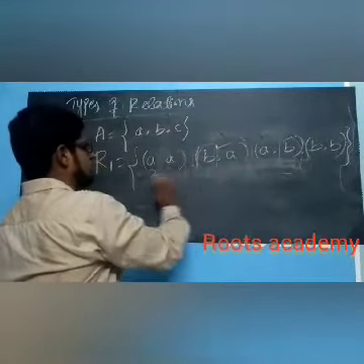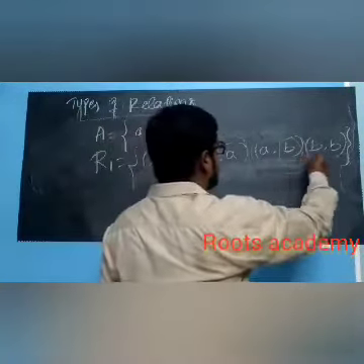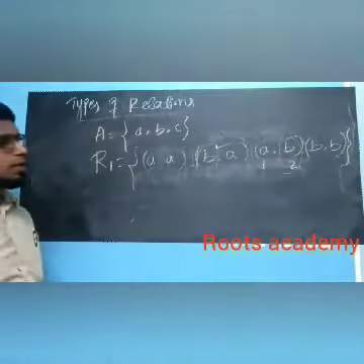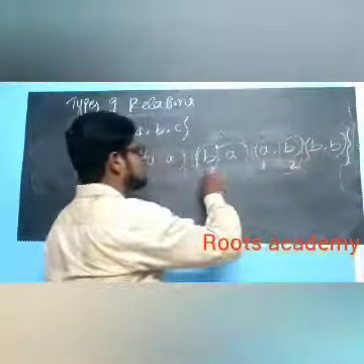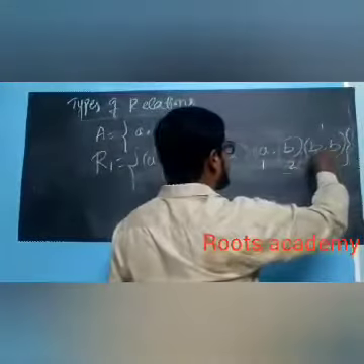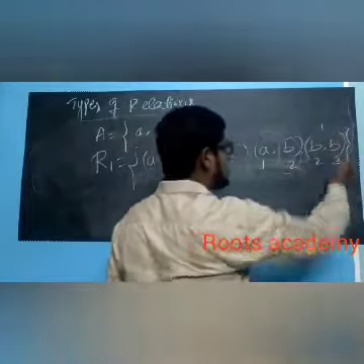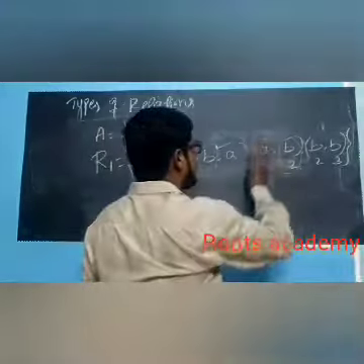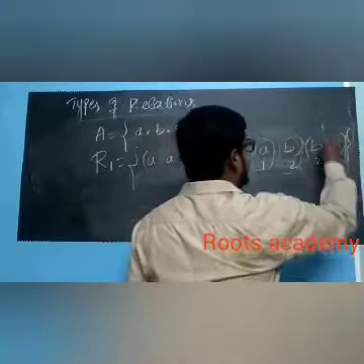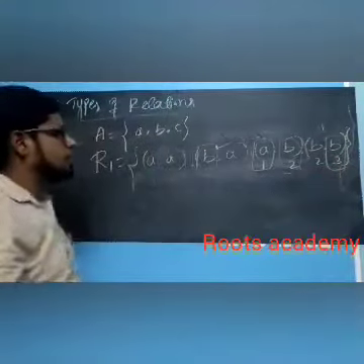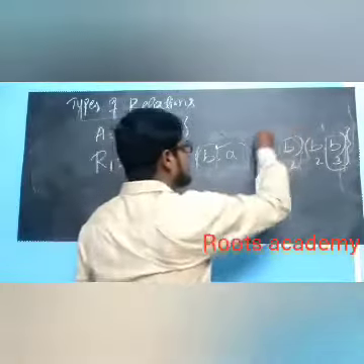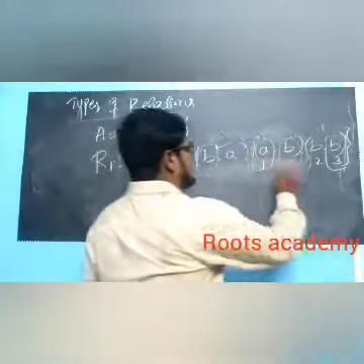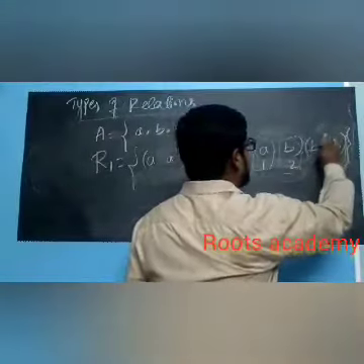Let us check. If I take this element first, second, here again there are two possibilities. First one is this and second one is this. Let me take this first, then this should be the second element, this should be the third. In this case, I should check whether (A, B) is there or not. Yes, here itself it is there. So it is transitive. Okay, now let me check the other way.